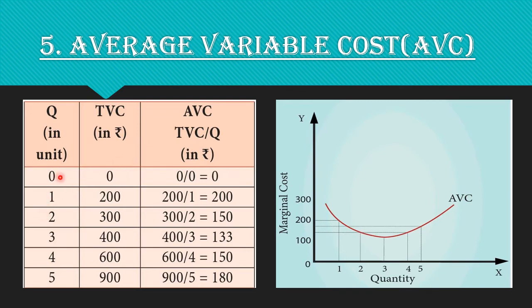And if we start producing, if we produce 1 unit of the quantity, it will cost us 200. And we can calculate per head cost of variable, that is 200 divided by 1. Accordingly, we can calculate all the amounts here. So it will decrease first, like let's see, 200, 150, 133,